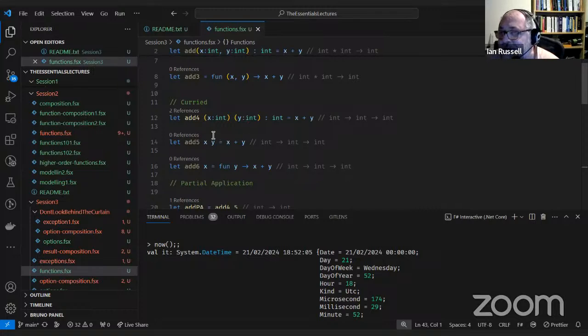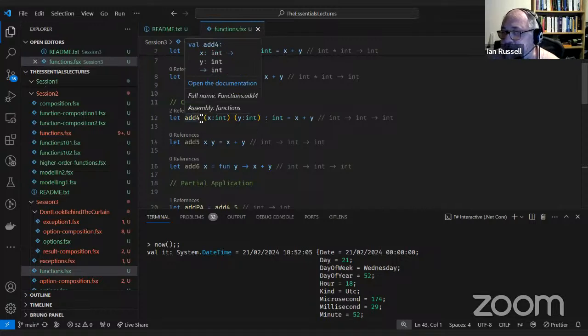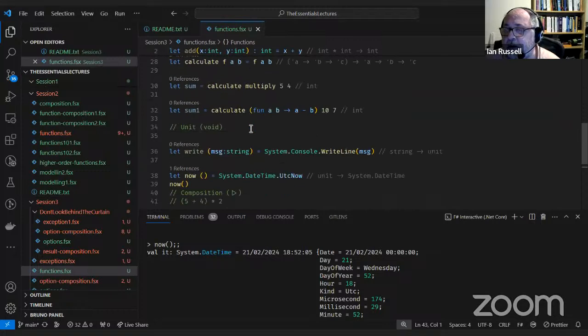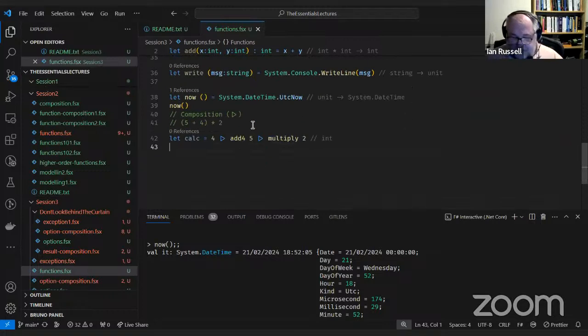So it's probably better if you choose the curried style as the default. But it's not a hard and fast rule. And if you do parameterize in this way, you need to think about the order of the parameters as well. So that was functions 101.